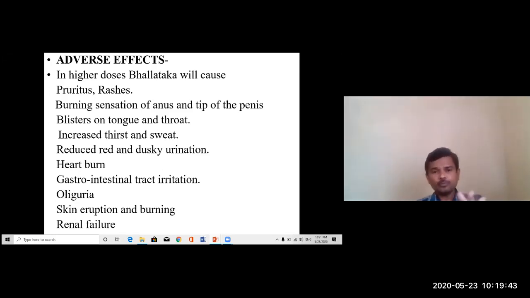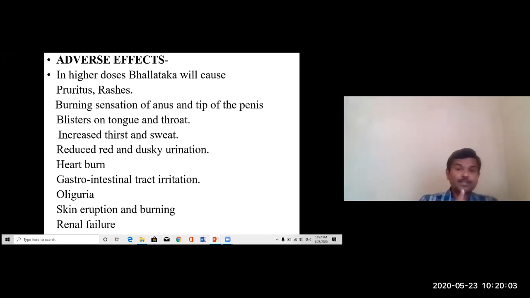Some of the adverse effects of Bhallataka: in higher dose, Bhallataka will cause pruritus, that is, severe itching sensation. Rashes, that is, redness of the skin, take place. Even Ashodhita Bhallataka causes pruritus and rashes.